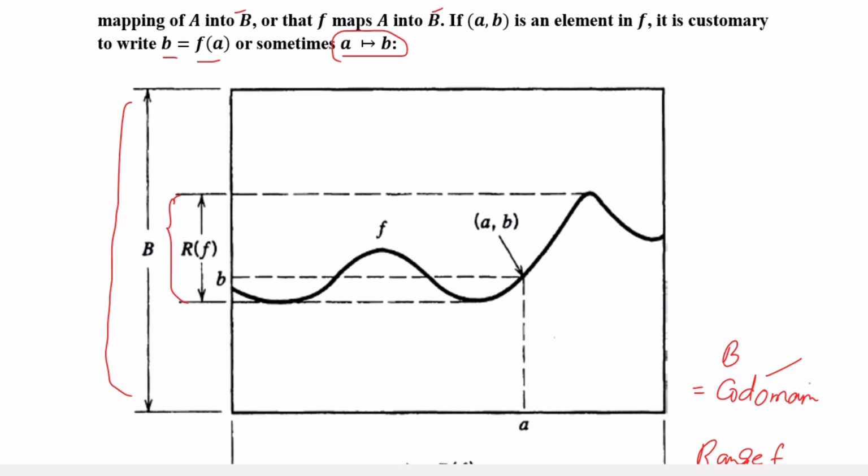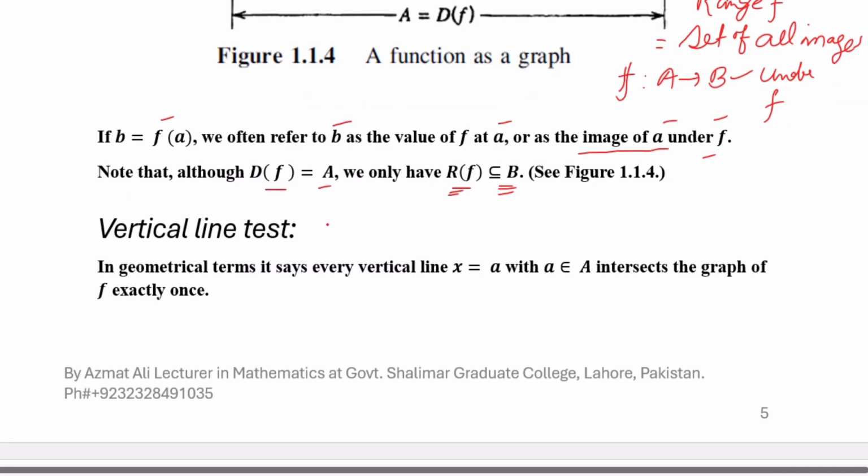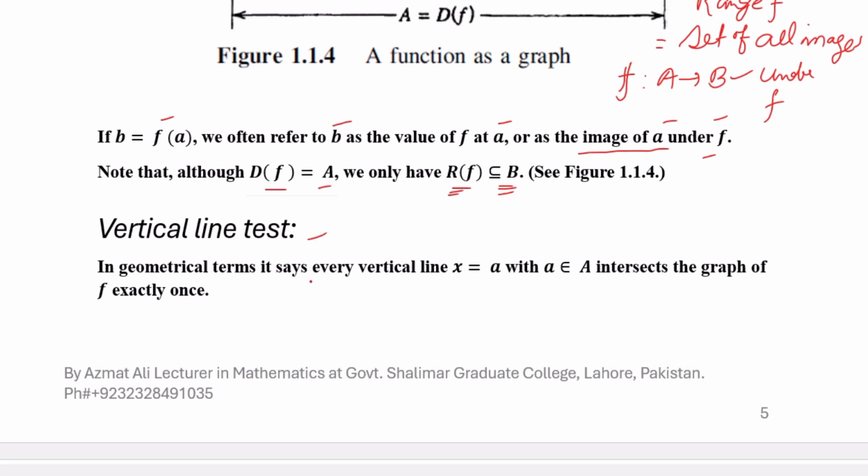The last one, vertical line test. This is actually a geometrical tool to test whether a given graph is a graph of function or not. This test says that in geometrical terms, every vertical line x equal to a, with a belonging to A, intersects the graph of f exactly once. What does this say? Suppose